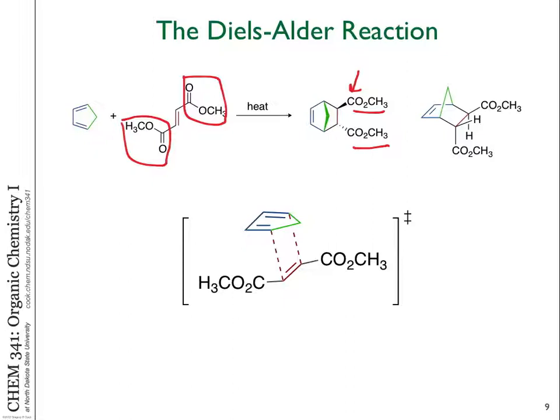Notice also what happens with cyclopentadiene. Here's the cyclopentadiene. Again, it has this CH2 group, which connects the ends of those two double bonds, and that ends up here in the product. And if you look at the more three-dimensional drawing, you'll see there's the CH2 group, and here are our substituents that were on the original diene in a trans arrangement. Okay, and that can be explained if you look at how this approaches cyclopentadiene, because all of the